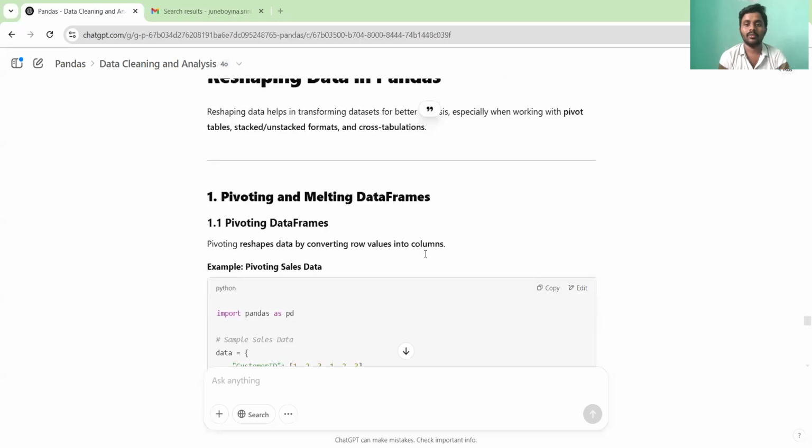For reshaping data, we use pivot tables, stacked or unstacked formats, and cross tabulation methods to reshape the data based